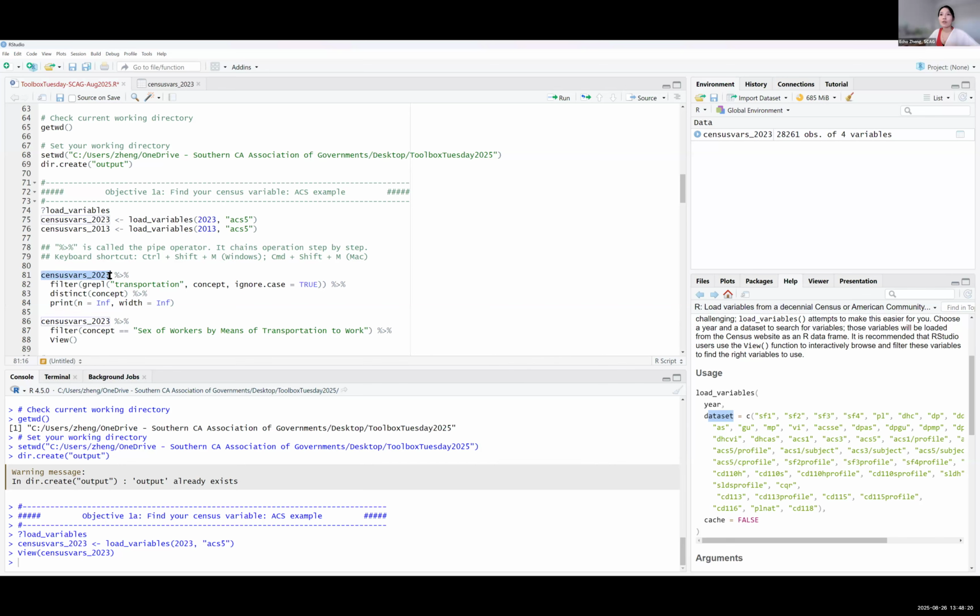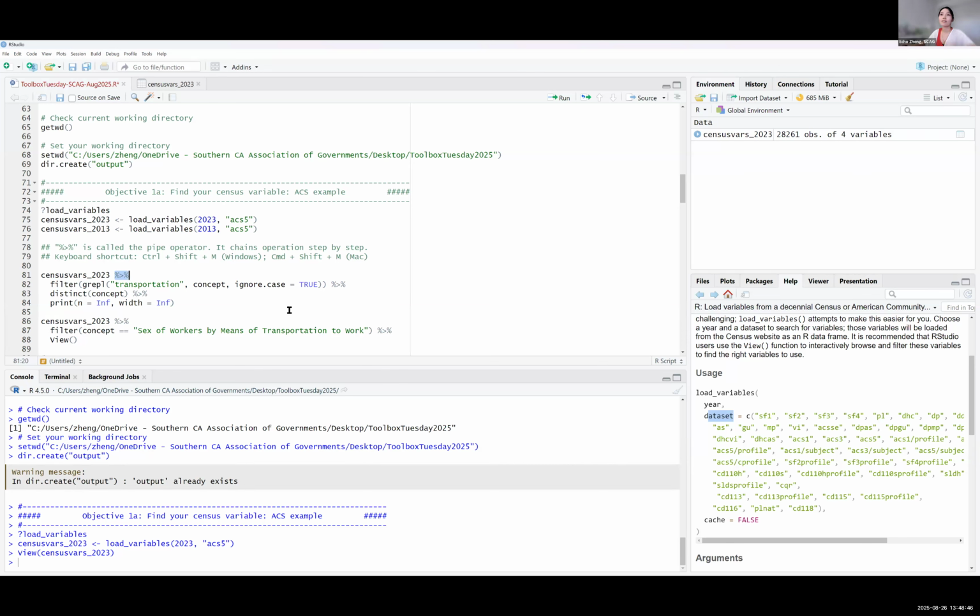So census vars 2023 is what we already created. And this percentage sign, greater sign, and then percentage sign is called a pipe operator in R. It just chains operations step by step. So mentally you can think of it as, okay, we're going to call this object, and then next we're going to do something else.